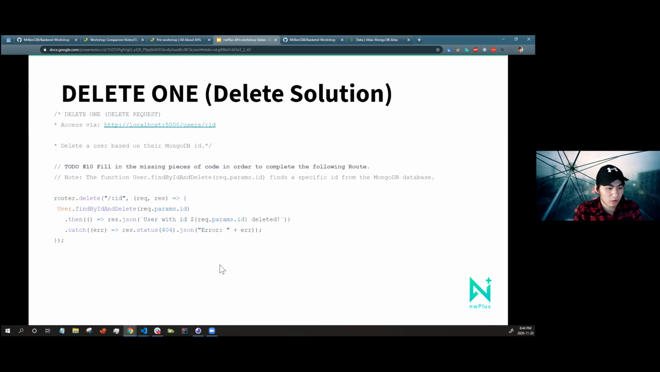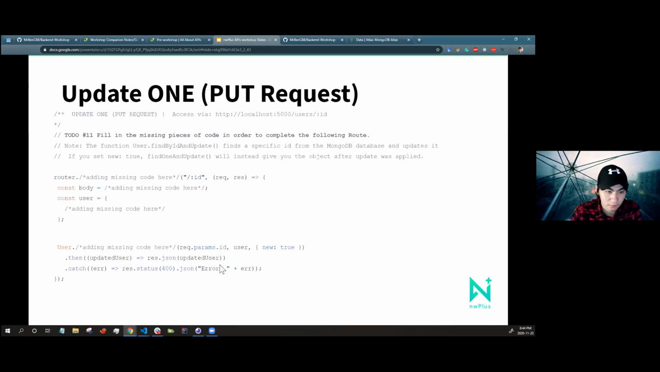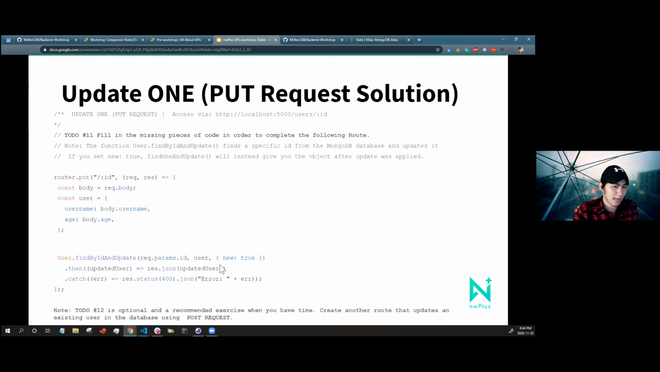So you delete by the MongoDB ID, and then you could basically just show a success message if it's successful, or an error if it is not successful. And of course, last but not least is the update one. As a put request, you would be essentially updating an existing user, an existing piece of data